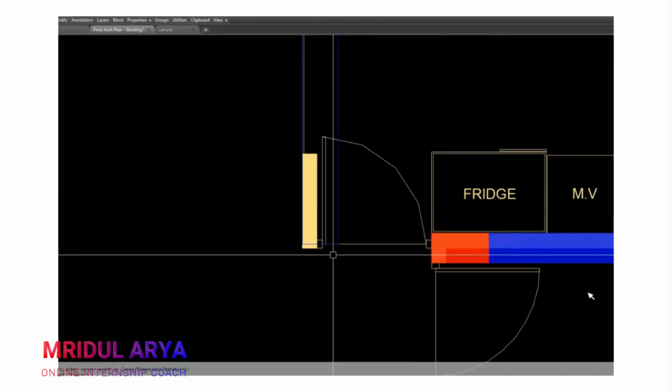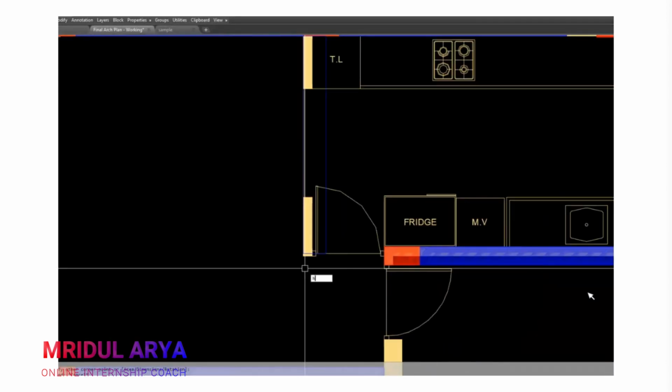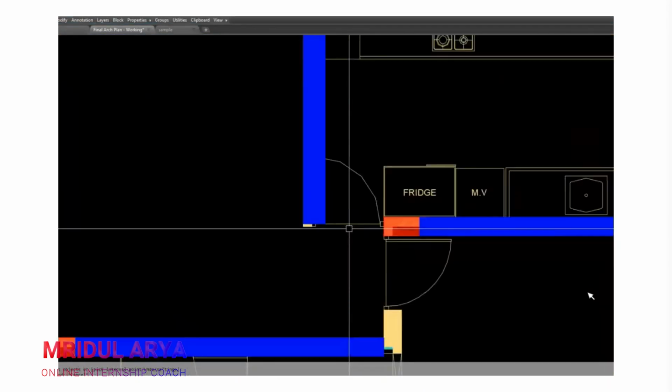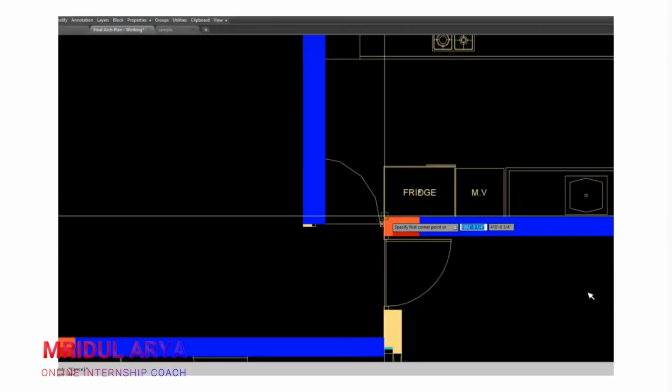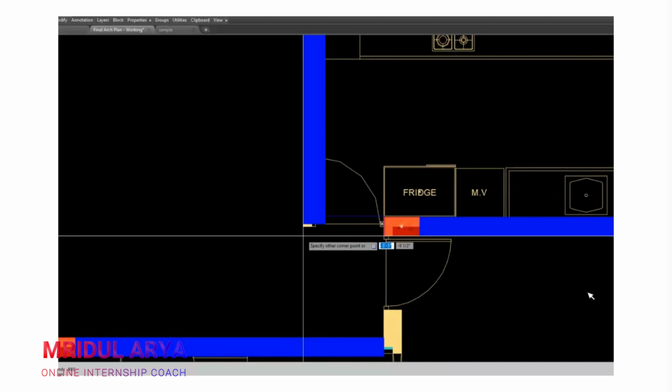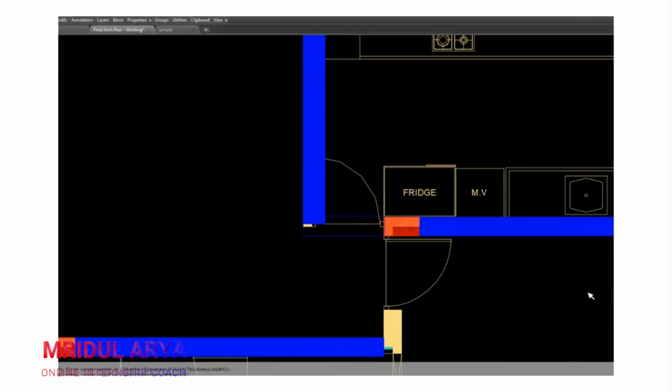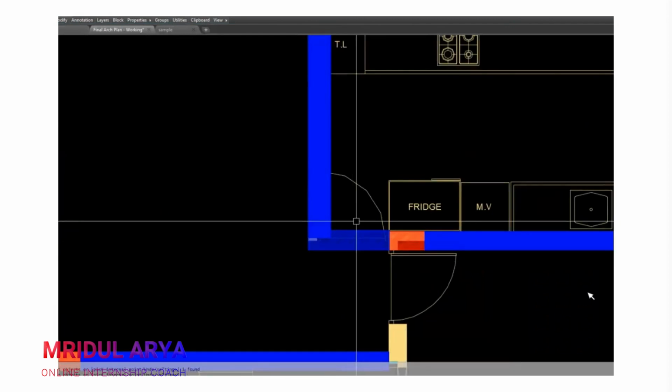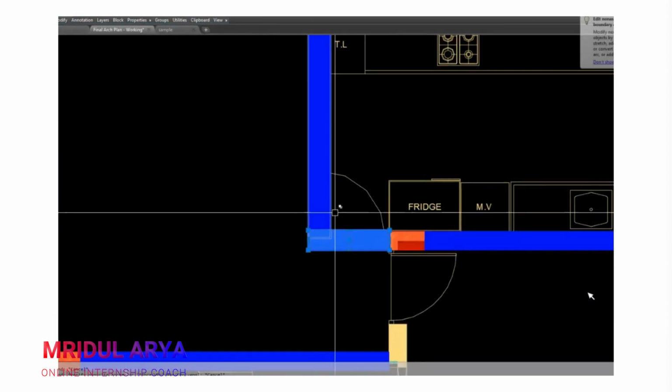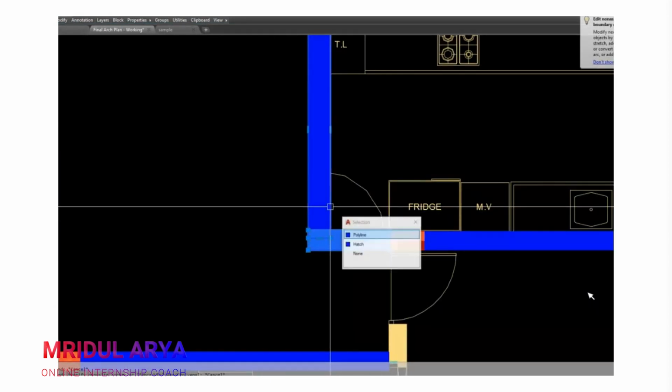But you see, the beam is unsupported in this location. So what will I do? I will just increase the beam length from there and create a cantilever portion. This beam will support this unsupported beam.